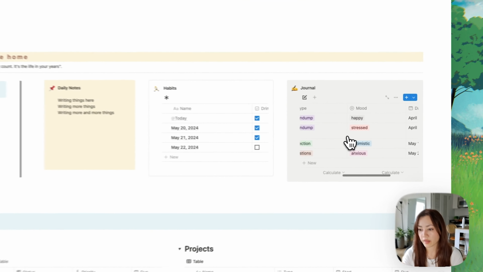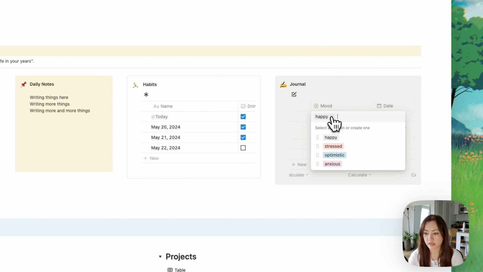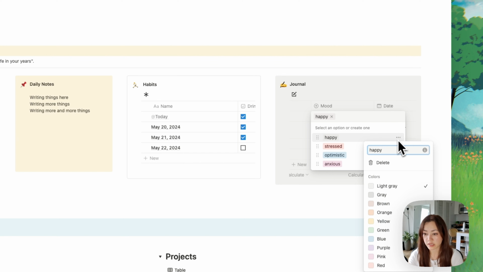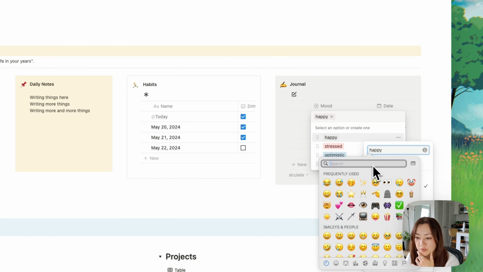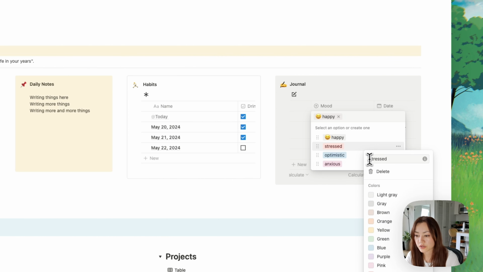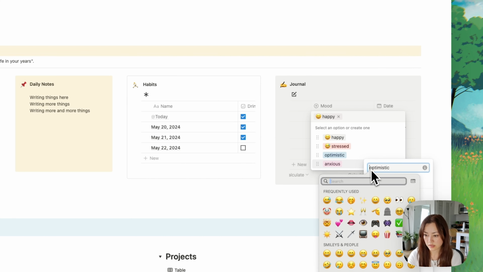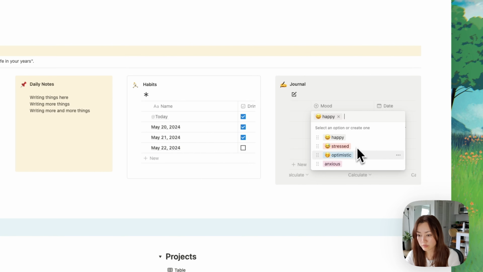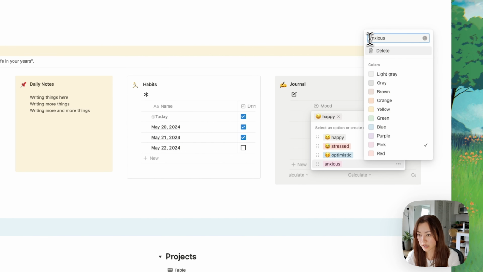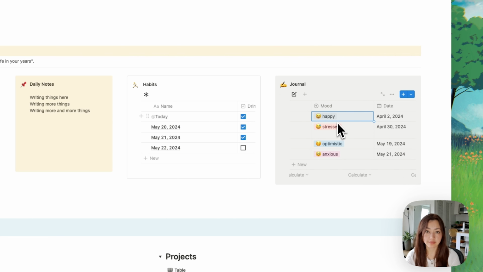And then the second thing that's kind of a neat little trick is you can actually add emojis to text in tags. If you have something like a mood tracker here in your journal, I have like a little emoji pad on my computer. Let's see, happy, we can add that. Stressed, what would optimistic be? Let's see, maybe that'll work. And then let's add one for anxious. So now when you're choosing the different moods, you can see that there's actually an emoji to go with it,